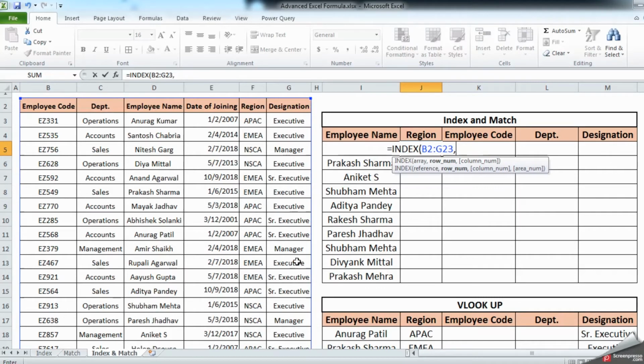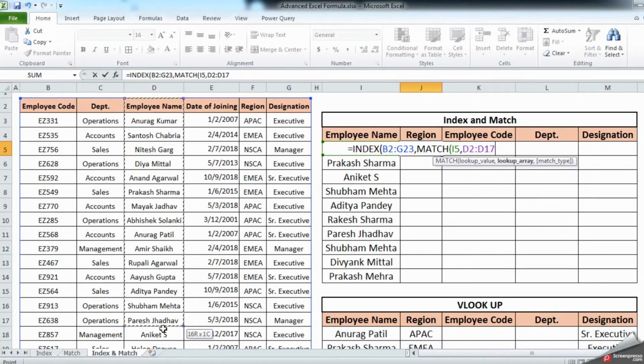So type match. Now your lookup is I5, which is the name of an employee, comma, your lookup array is this one, comma, 0 is for the exact match, close the bracket,